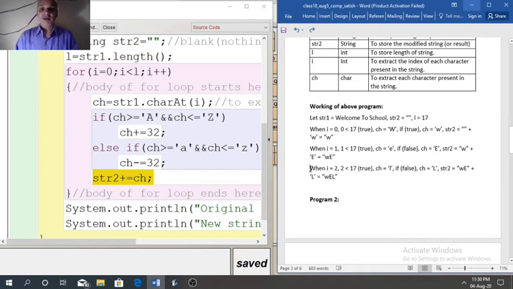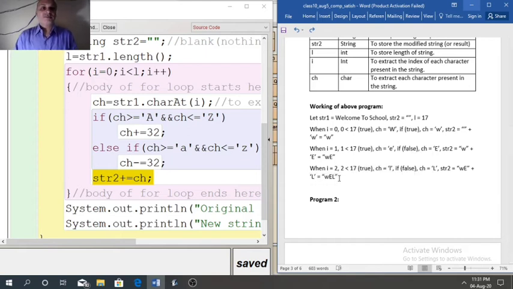In the same way, when I equal to 2 less than 17 true, ch will store small l. Now if will satisfy, so ch will update to capital L, then capital L will get added in previous str2. So after adding we will get WEL.